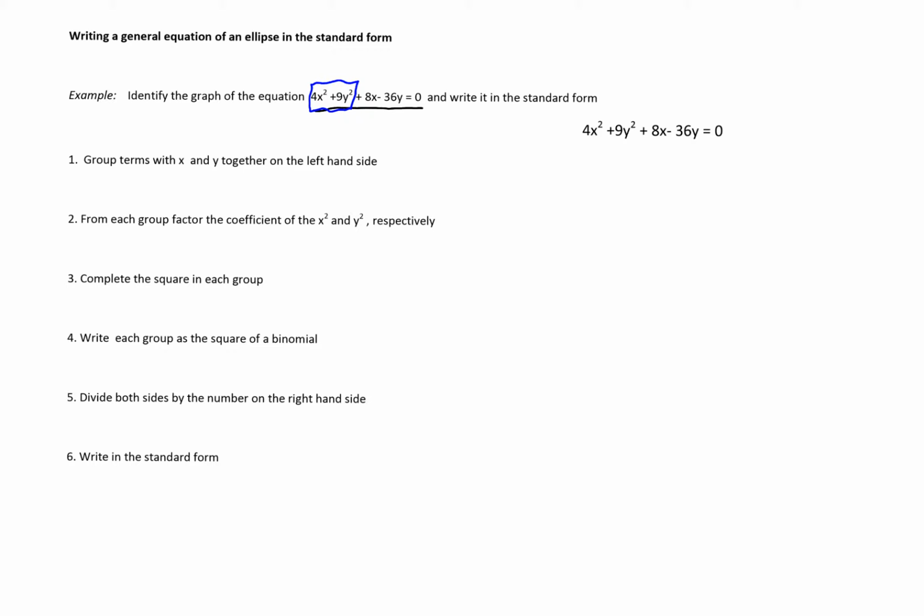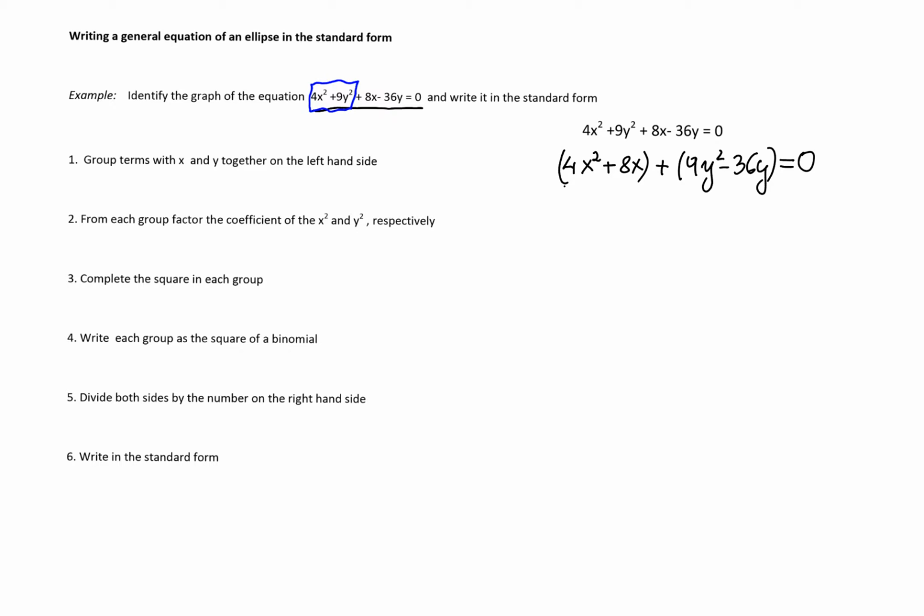To transform this equation into the standard form, we will start with grouping the terms with the x variable together and the terms with the y variable together. So the terms with x are 4x squared plus 8x, plus, and now terms with y, it's 9y squared minus 36y. If there were a number here, then we would move that number to the other side by subtracting or adding,